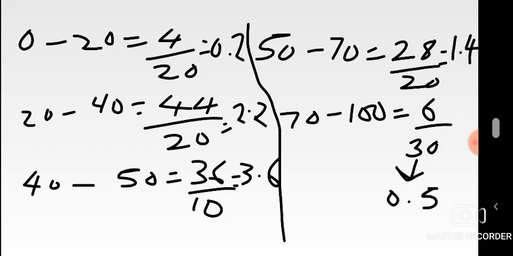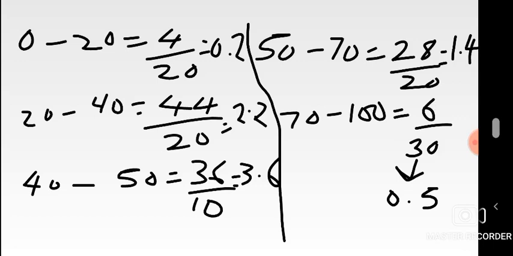the frequency density. 50 to 70, that class had 28 frequency, then the class width was 20. Then you divide, 1.4 as the frequency density. Finally, 70 to 100, frequency was 6, class width was 30, frequency density 0.5. So it's now at this point that we try to plot our histogram. Yeah, so you have your frequency density, which we said will be on your